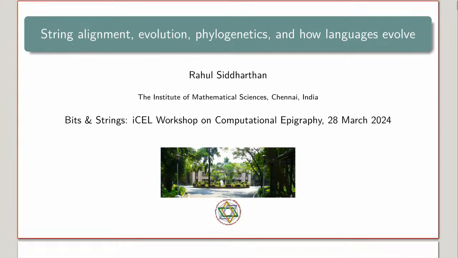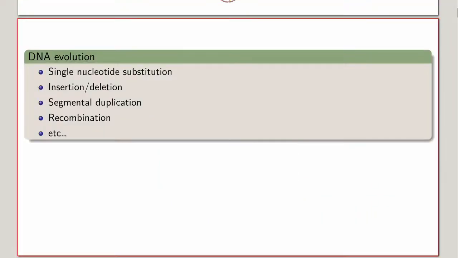Okay, so my original plan was to talk about string algorithms, because that seemed to be relevant to finding common substrings in texts and things like that, which epigraphists do. But I won't talk about that very much. Instead, let's start with how DNA evolves. This is perhaps a model for how texts in general might evolve, but for DNA,